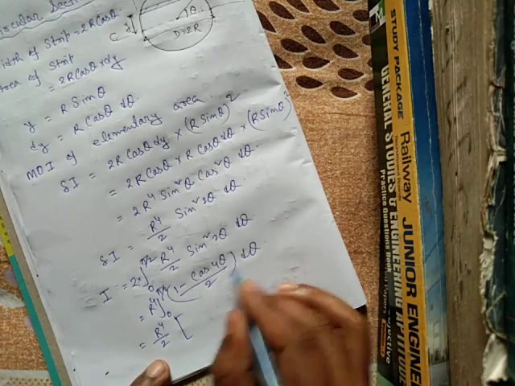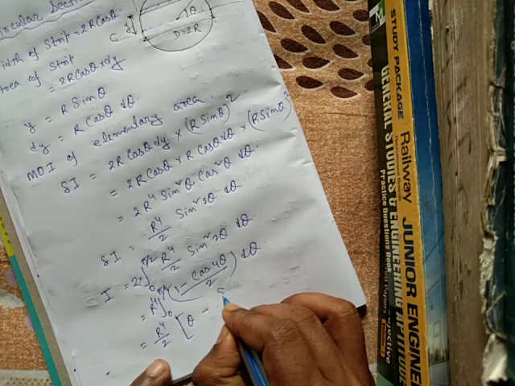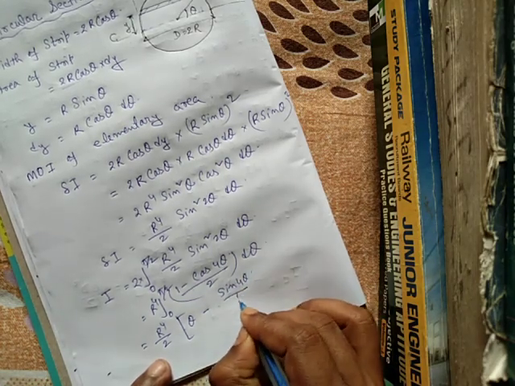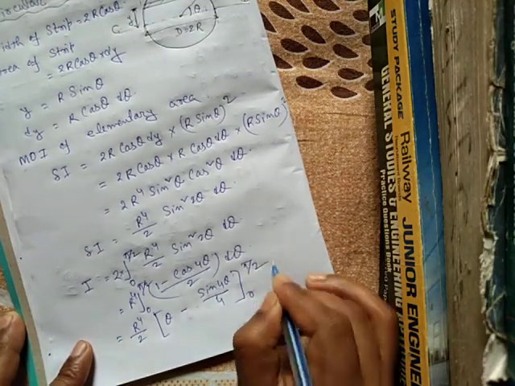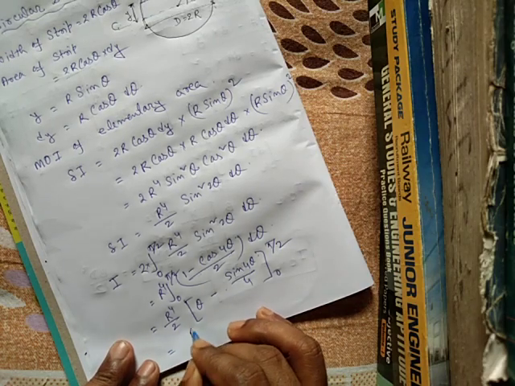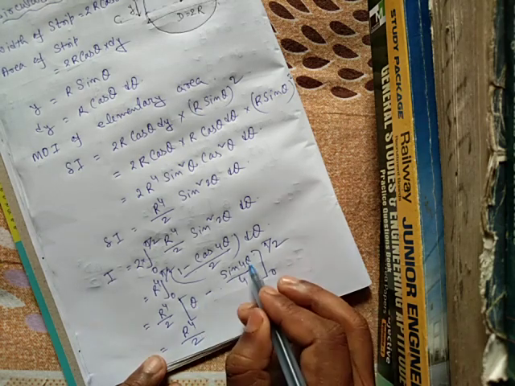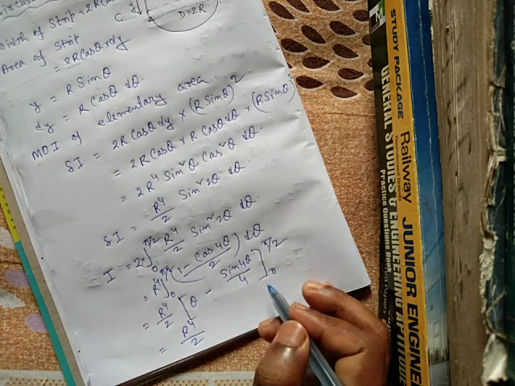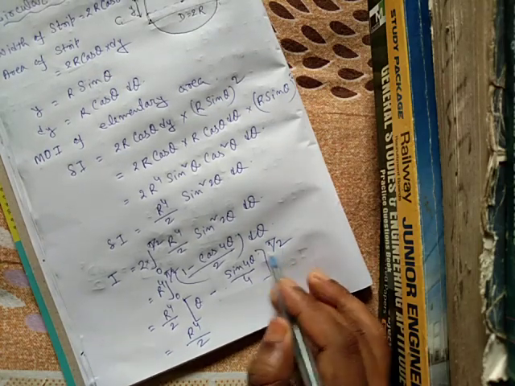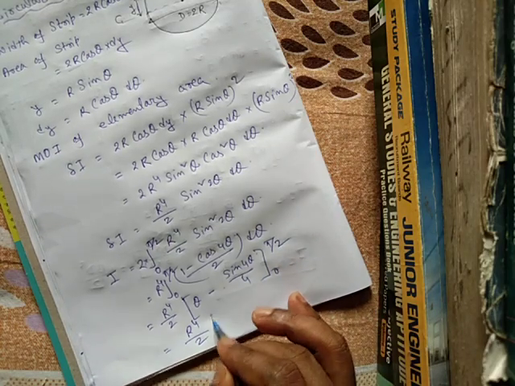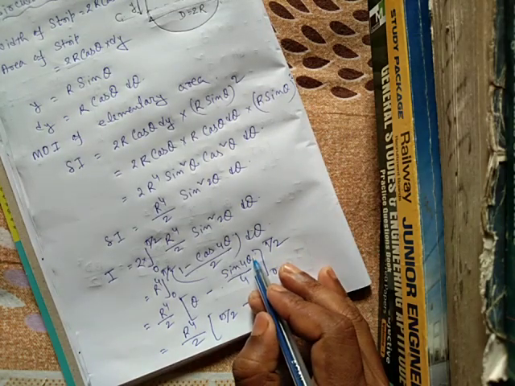Integrate it: theta minus sin 4 theta divided by 4, with limit 0 to pi by 2. So r to the power 4 divided by 2. If I put the limit 0, the value is 0, sin 0 is 0. The value on putting the limit 0 is 0 totally, and if I put the limit pi by 2, this will be theta equals pi by 2 minus sin